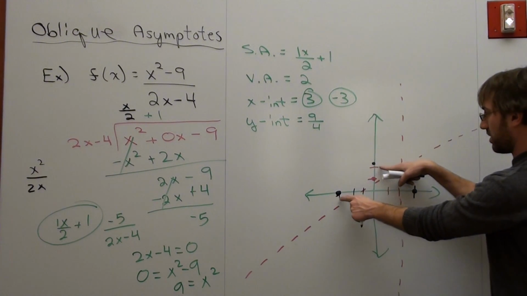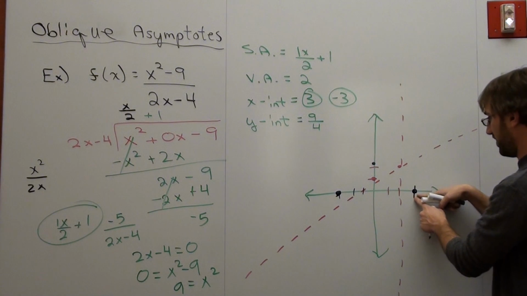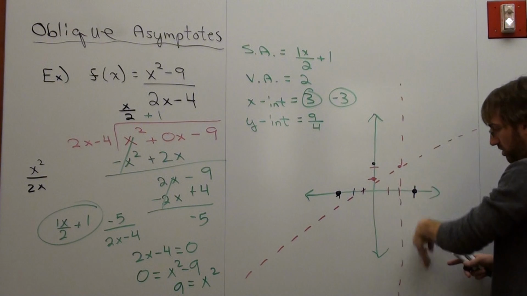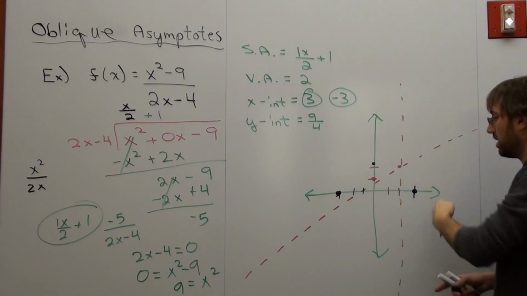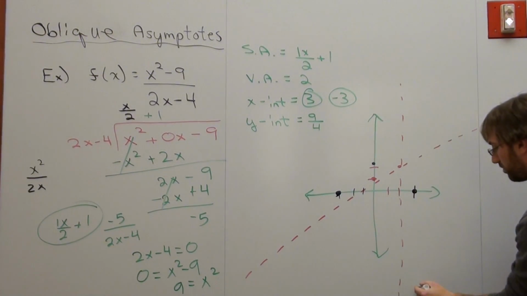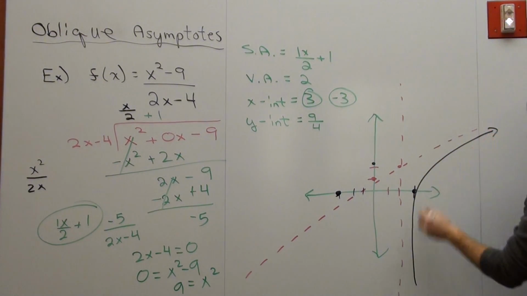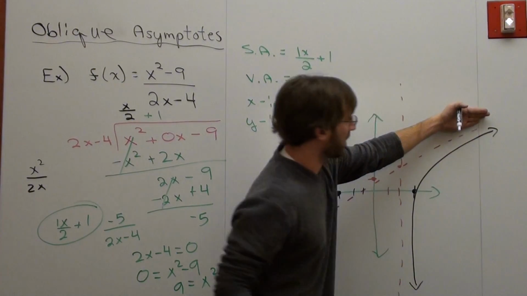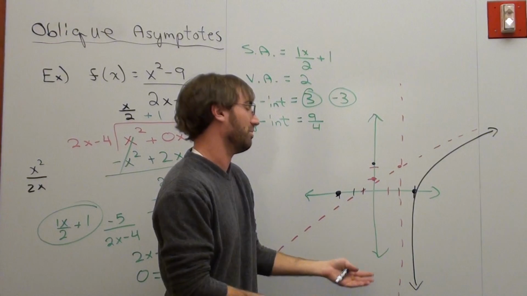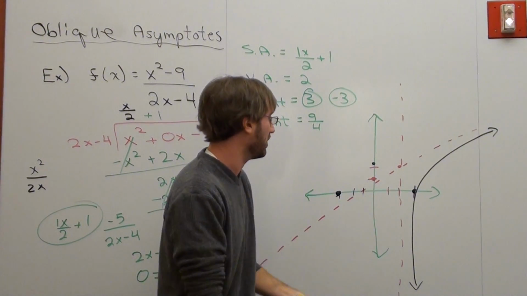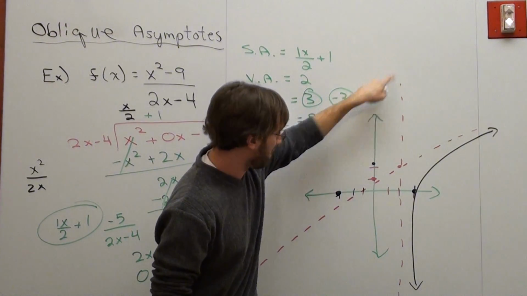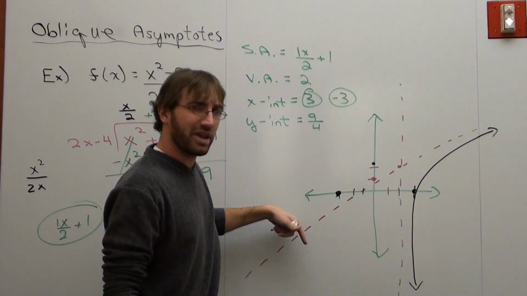I know I have points on a graph that exist here, I know I have a point on a graph that exists here. I know that my graph has to either extend this way or this way, and it has to extend this way. So if I was going to do a really quick graph, I'd say, okay, one of them looks like this, because I know that it's going this way, and it's going this way, because that's what my vertical asymptotes basically do. Well, my asymptotes in general, they guide my graph. And then I say, okay, I got a point here, and I got a point here, and the graph goes up like this, and it goes like this, so I'm thinking that,